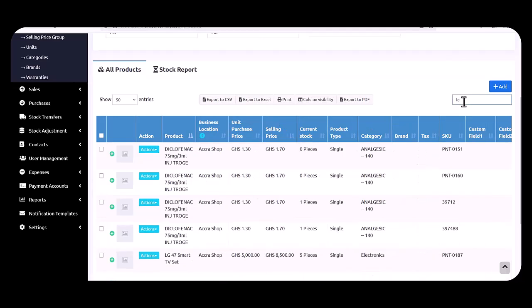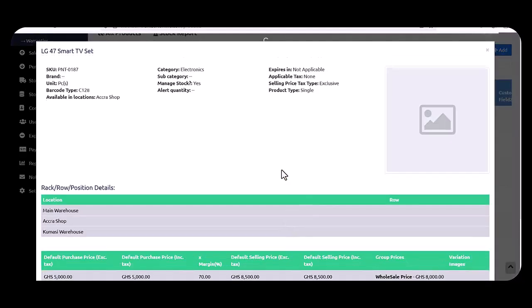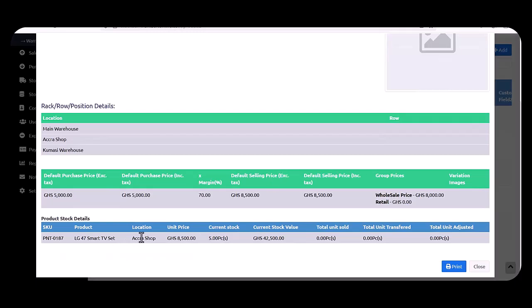So I just search for the product that I added. This is the product I just added. I'll click on it to get the details. Okay. So I entered 8,500 as the selling price, and I bought it for 5,000, right? Okay, so here it gives you